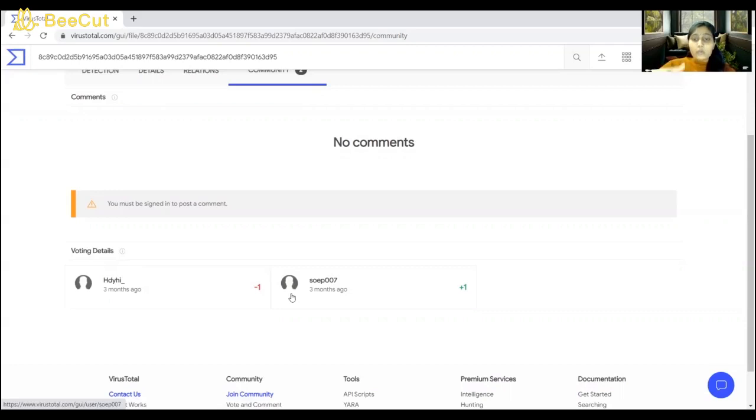This section also records the votes made by members regarding the file we uploaded, and votes made by the members of the VirusTotal community on this file or URL. So there is no comment on our network pickup file, but there are voting details, with 2 users here.